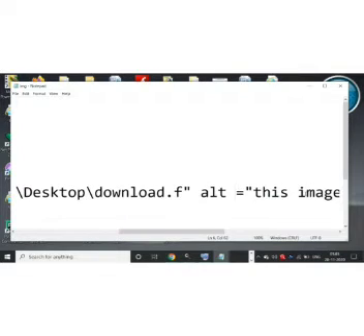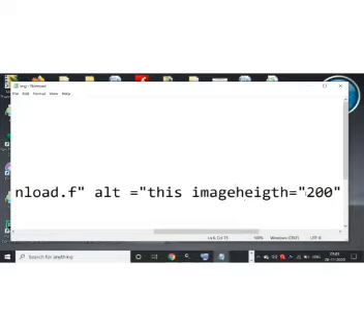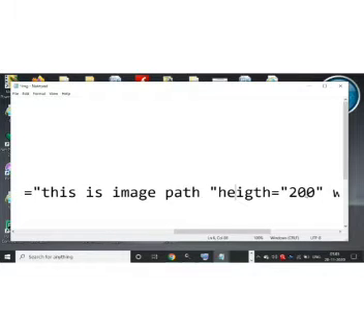Now suppose you have given the wrong path name. Like here, I have given the extension wrong. So for that we make use of the alt attribute. It displays when, sometimes, a browser on the user's computer does not display the image for some reason, maybe because of a slow connection or maybe because there is an error in the source attribute. In that case, whatever text you write in the alt attribute will be displayed.